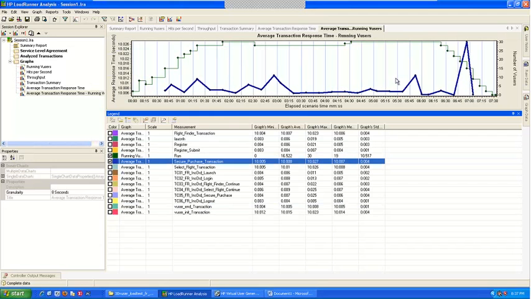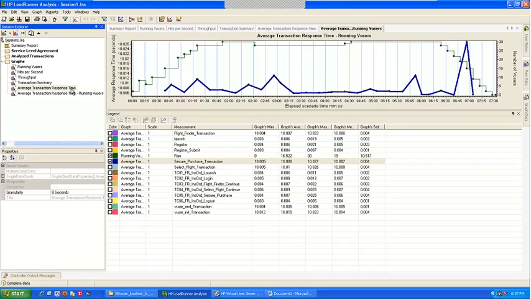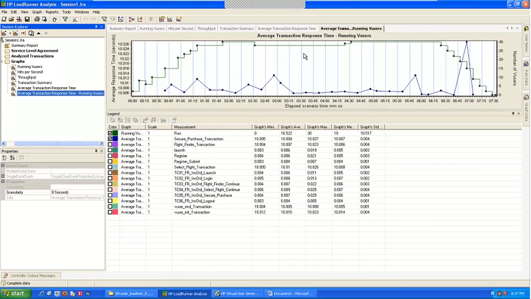So you have to see at what point. You see here at this point, when there was a spike of 10 seconds, all the users were in the system. So you have to report this, saying that it was stable for a period and then we had a spike. That's what you will tell in your report. So you can merge multiple graphs. Whatever graph you want, you can merge here. You see, it creates a separate graph. It will not merge onto your actual graph. It will create a copy of that graph with the merge details.